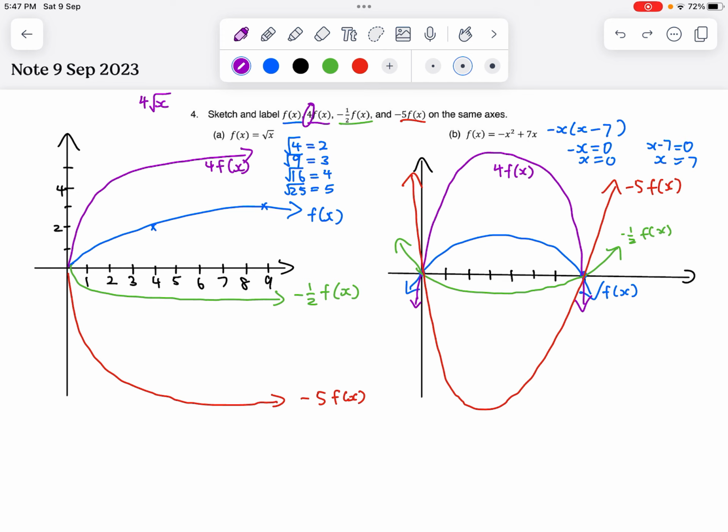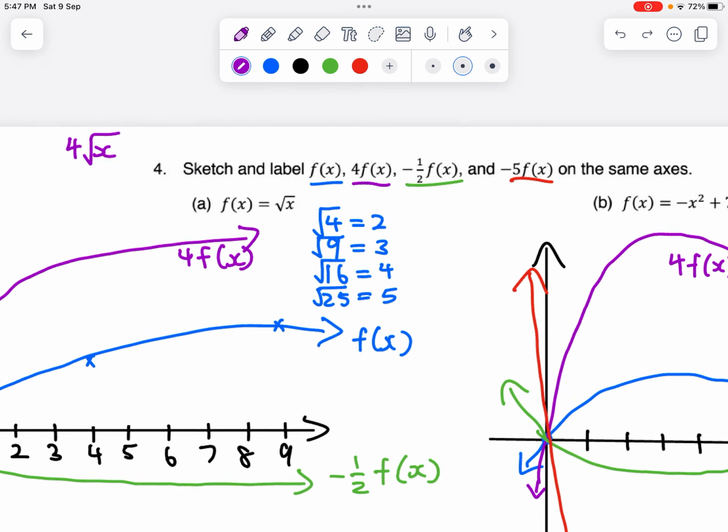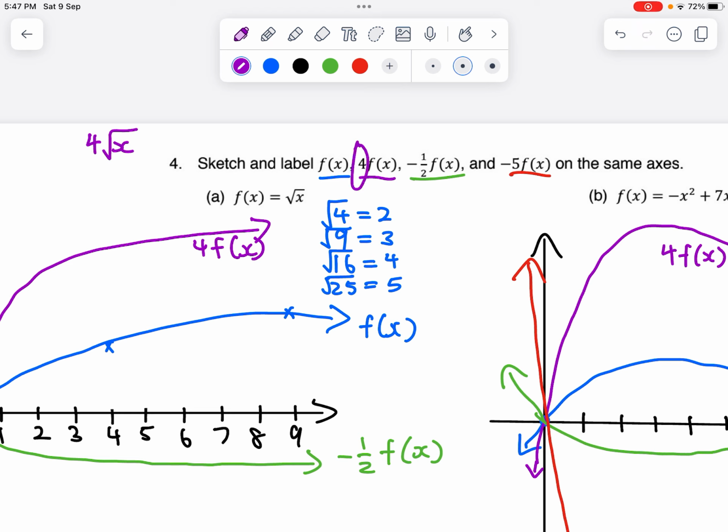Remember, when the number in front of f of x is greater than 1, then we know that it is a vertical stretch. If it's less than 1, for example, 0.9, 0.8, 0.7, you get what I mean, it would be a vertical compression, and when you see the negative sign, it means that it is